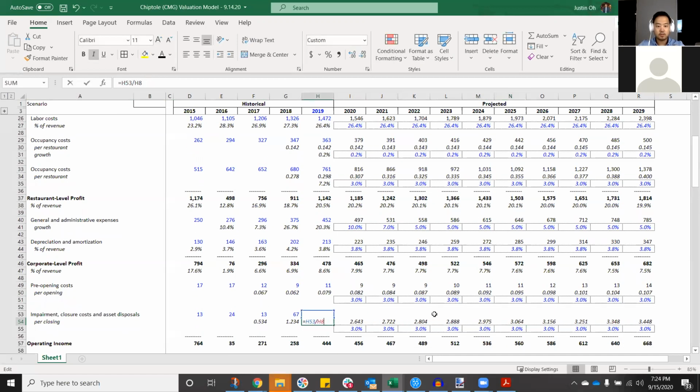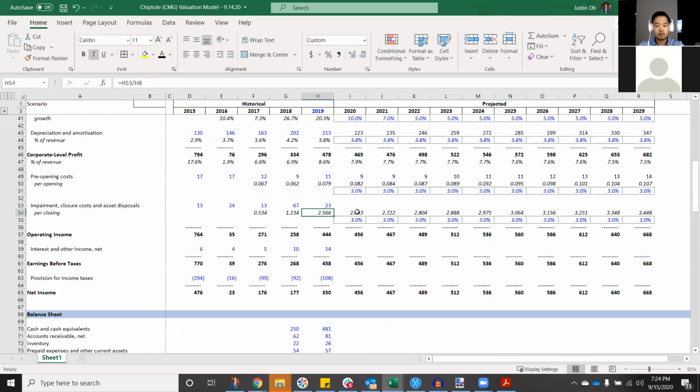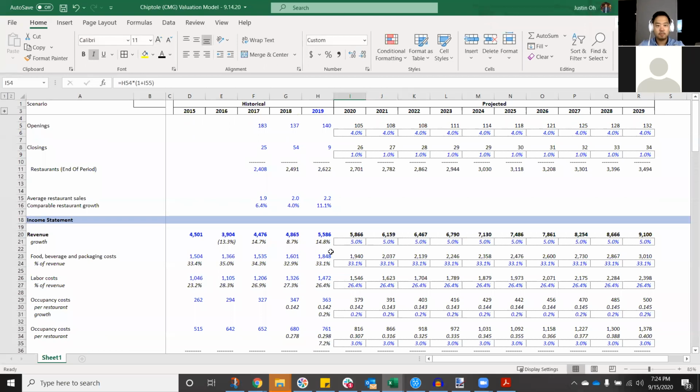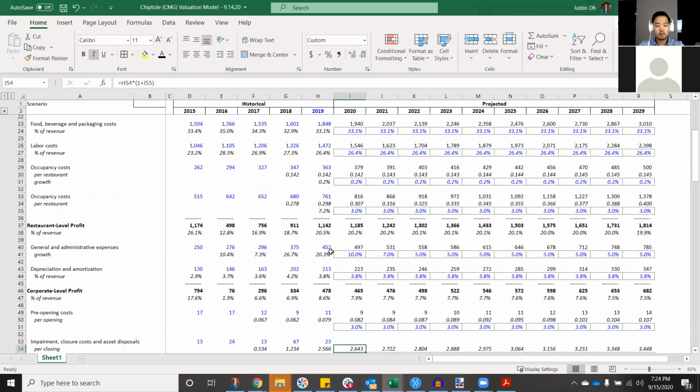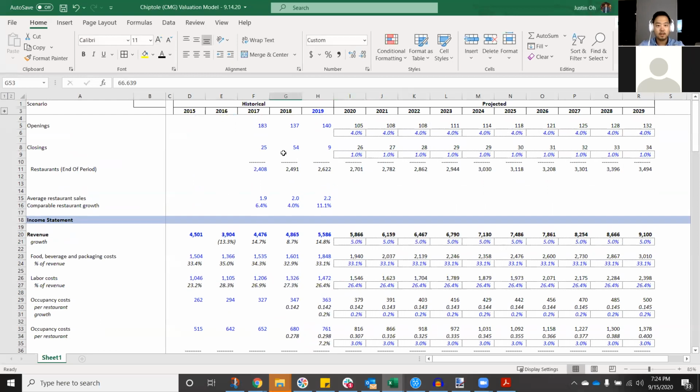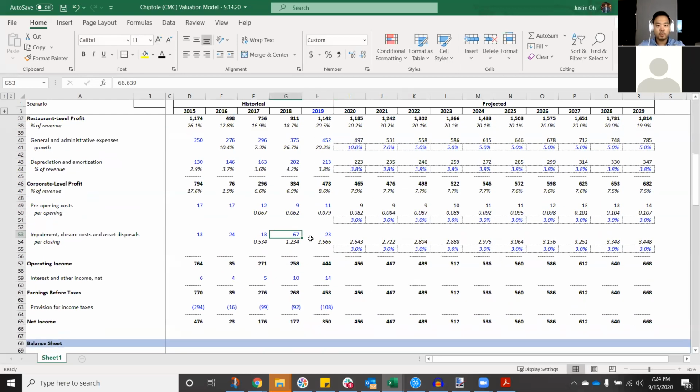Okay, so it seems like it's costing... I mean, it doesn't seem interesting. Yeah, maybe we should do an average, because you see there's a big spike on impairment and closure costs in 2018. I guess we could just leave it for now. Let's just assume there's an average of $1.5 million